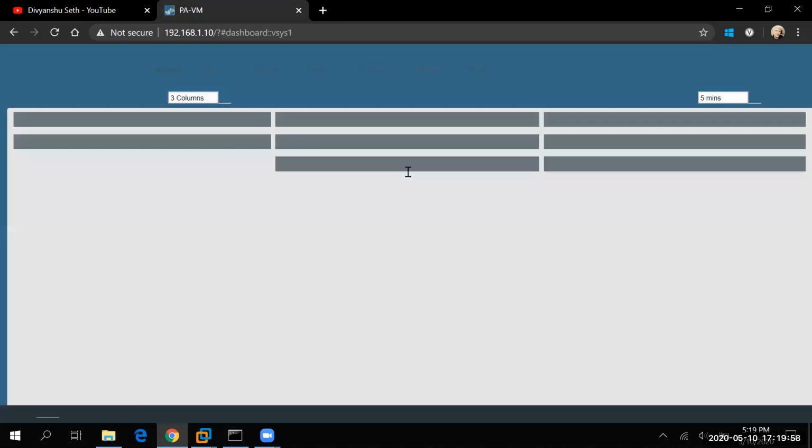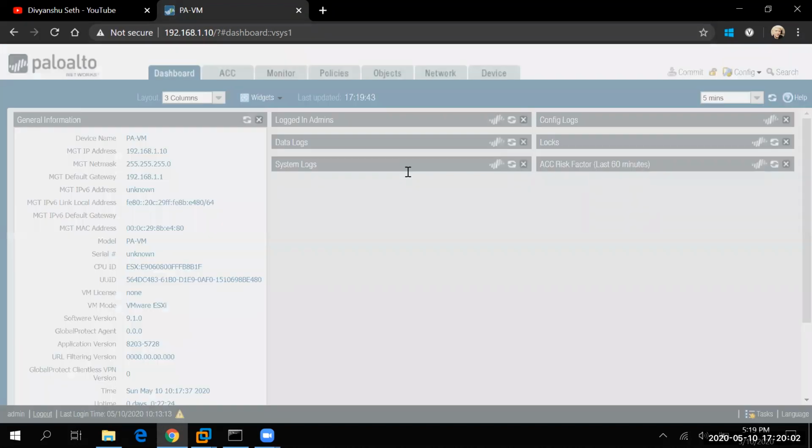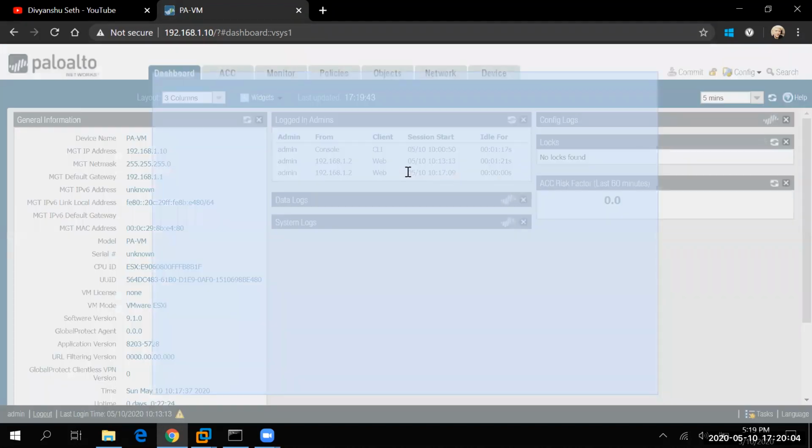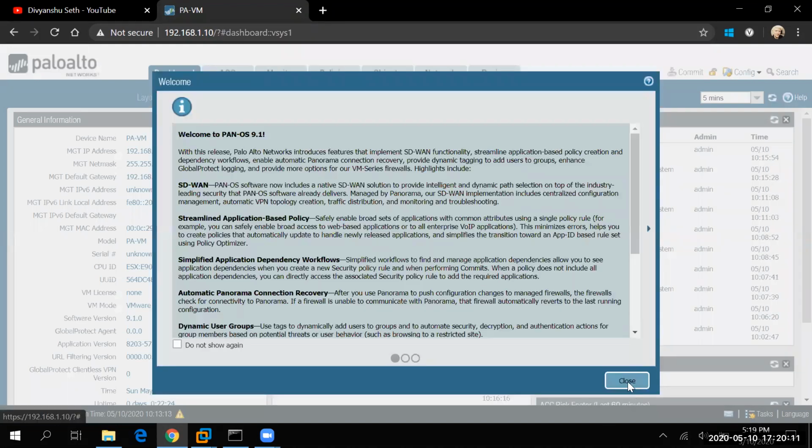We have already changed the management interface setting, and instead of using the DHCP client, where the IP is going to be assigned automatically every time, we are using a static IP so that it will be easy for us to perform our labs.